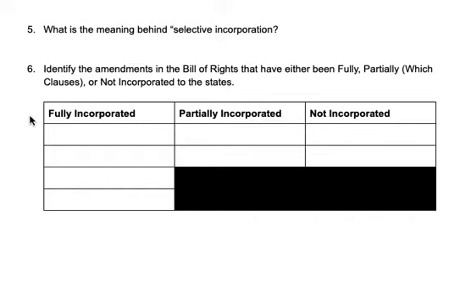The partially incorporated ones are the Fifth Amendment and the Sixth Amendment. Both of them have to do with your rights during a trial and during arrest, and they do range from state to state, and not all of the clauses within the Fifth and Sixth Amendments have been fully incorporated, and the ones that have not been incorporated, because there just hasn't been a case that has brought it before the courts to be done. First is the Third Amendment about quartering troops in your home during peacetime, and the Seventh